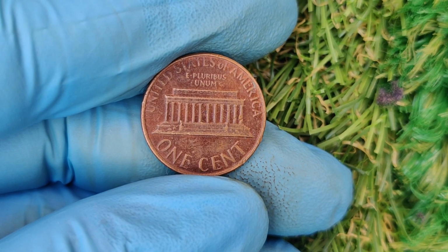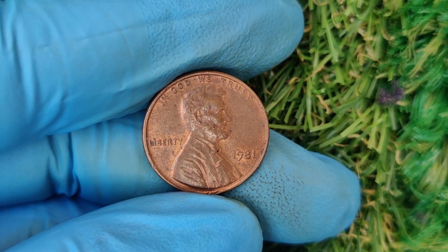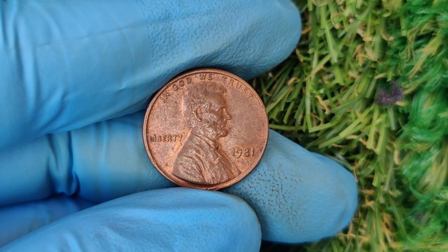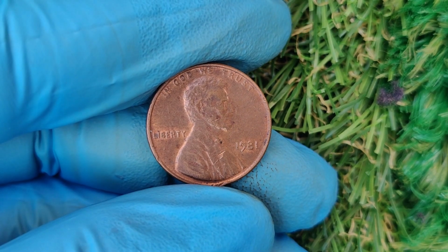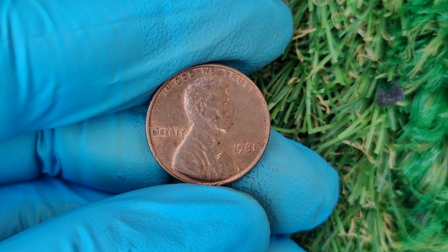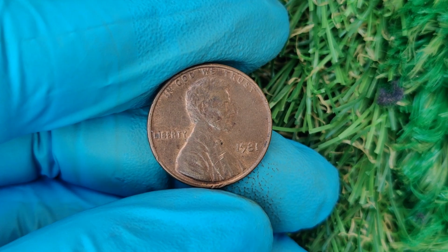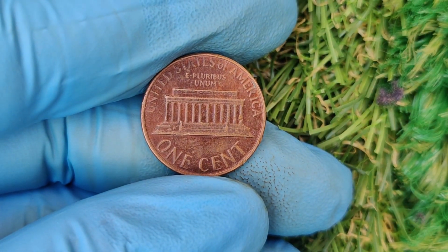Coins with errors are often highly sought after. For the 1981 penny, there have been reports of extremely rare double-die errors, where the text or design elements appear slightly doubled due to a misalignment during the minting process. These coins are like hidden treasures, as not all errors are noticeable at first glance. Some of these error pennies are worth a few $1,000s, but one in pristine condition with a unique error could